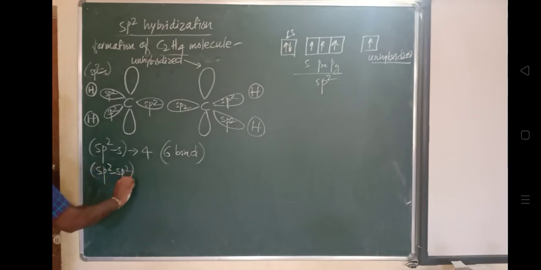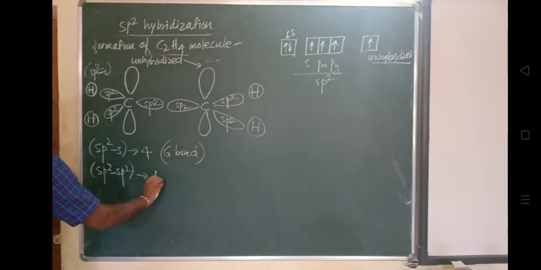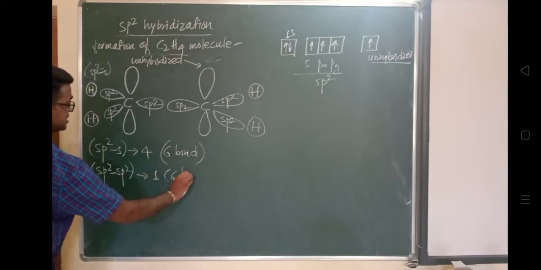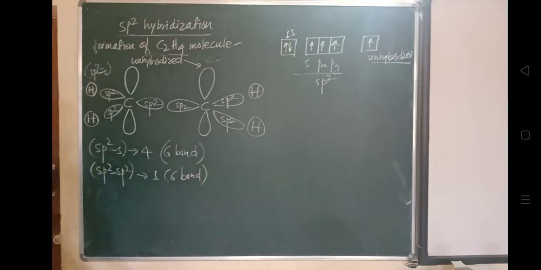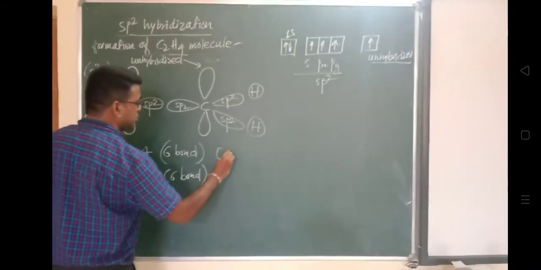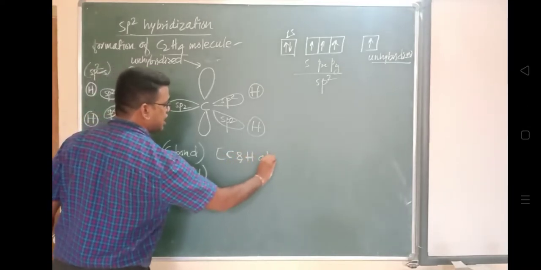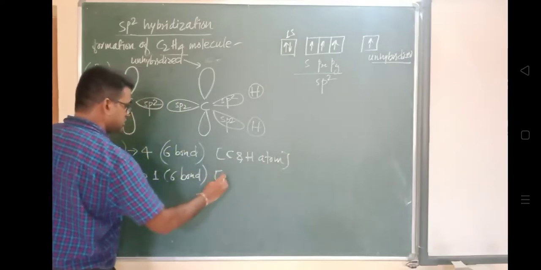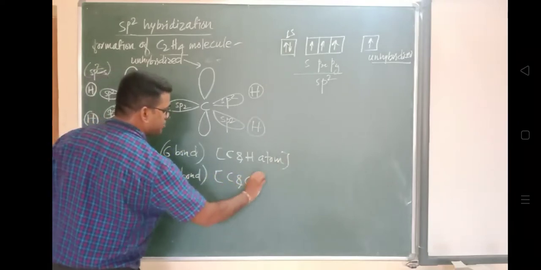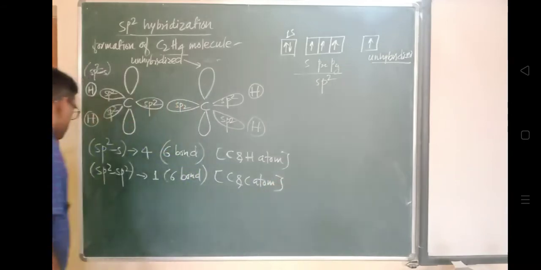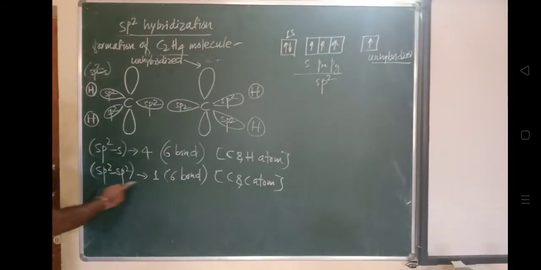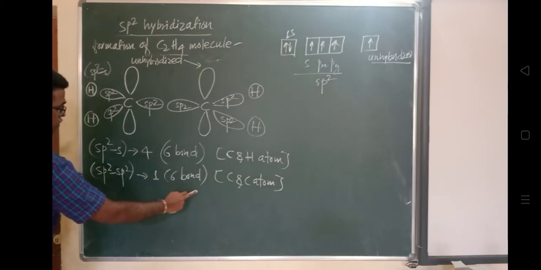And one bond will be formed between the unhybridized p orbitals, and that is called a pp bond. That is called a pp bond. This is one pi bond that will be formed. And between which orbitals will this one pi bond form? Between unhybridized orbitals. I will write it here: unhybridized p orbital, unhybridized p orbital.